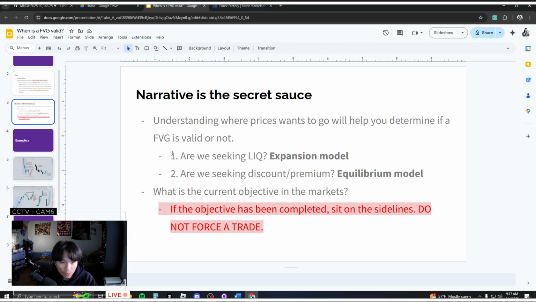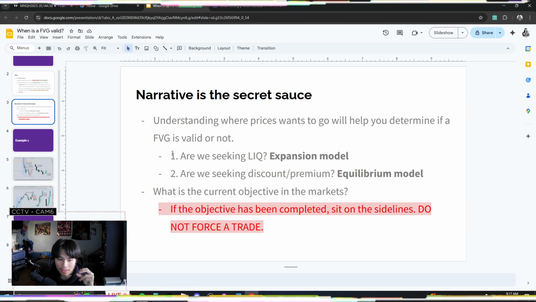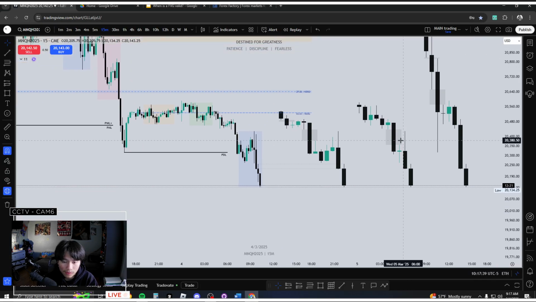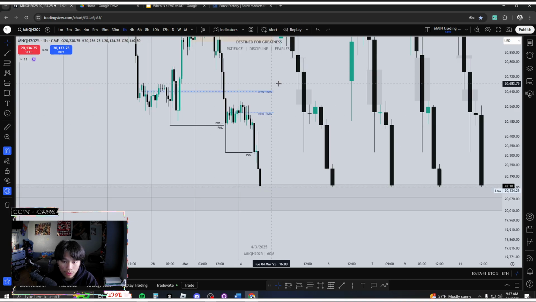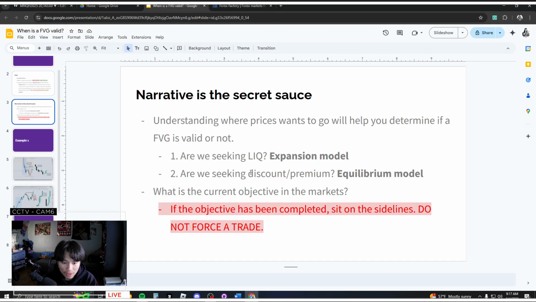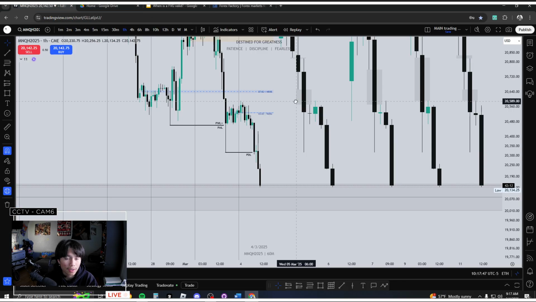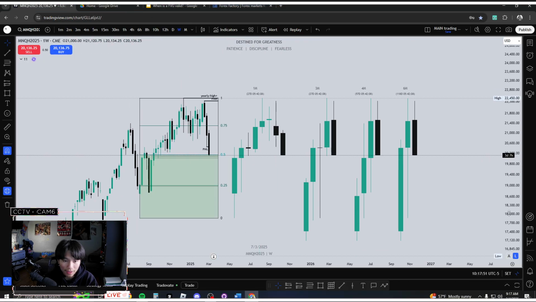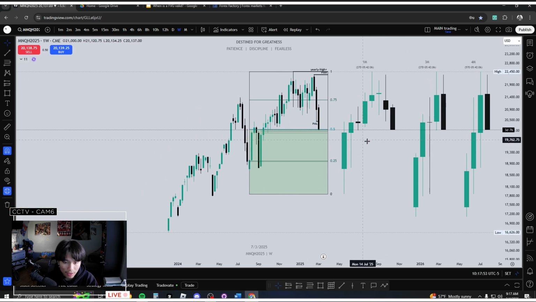And I have two narratives or two order flows that I tend to trade with. The first question is, are we seeking liquidity? If we're seeking, like today, the daily low, that would be seeking liquidity. And second, are we seeking discount and premium? So coming into this week, we actually just completed it. Coming into this week, I actually wanted to see us